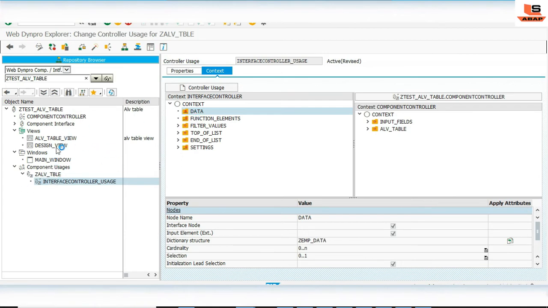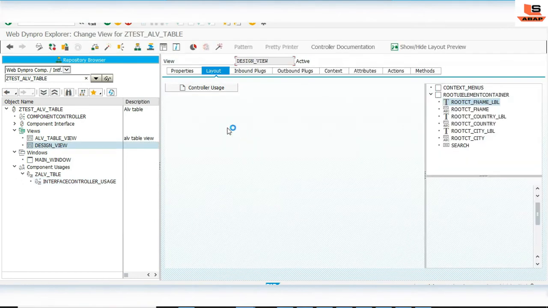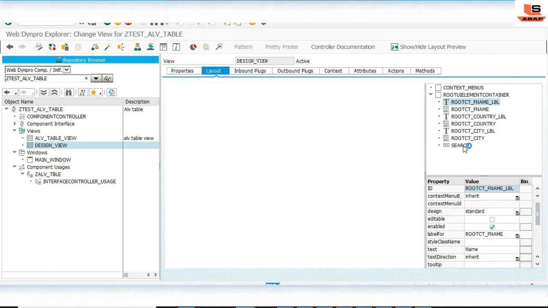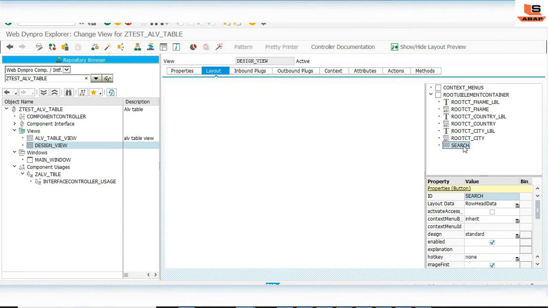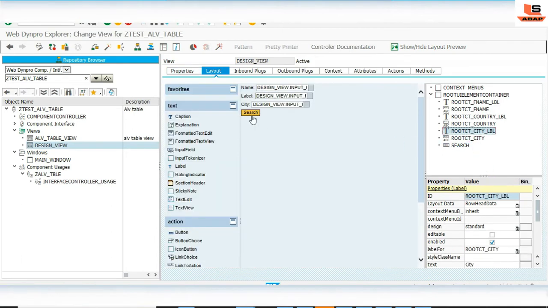Now we will see the actual coding part. Inside the design view, we have a button called search in the main screen. As you can see, this is our search button, as we added in our first session. We have to implement some logic in this search button.